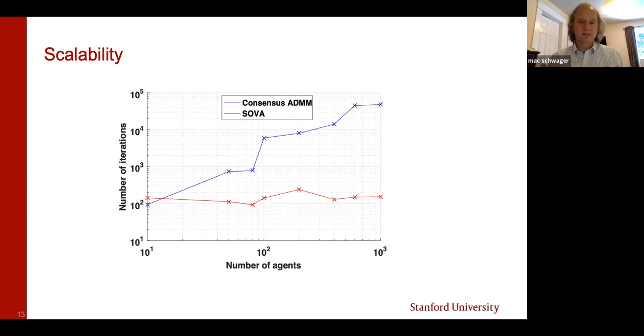So in this multi-target tracking application for autonomous driving, imagine you have 10,000 autonomous cars, your Tesla, and you have 10,000 autonomous cars in Pittsburgh or in San Francisco, and they are responsible for tracking 100,000 targets. There's no way you could do this in a centralized optimization. It's just too big a problem. The scaling will kill you. And there's no way you could also do this with consensus ADMM. The scaling will kill you. But there's really a conceivable path to being able to do this online in a scalable fashion with SOVA.